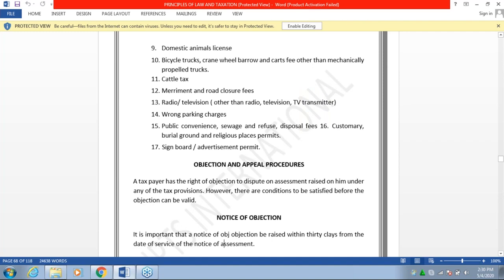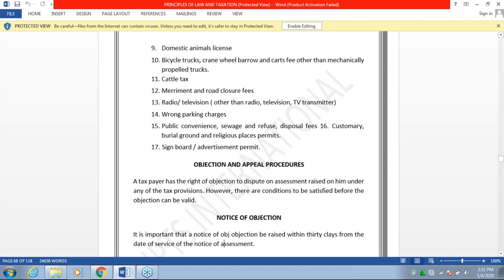Now, objections and appeal procedures. What does that mean? There might be objection if the state, federal, and the local government place a requisition or a notice of demand for a particular amount of money from an individual or group of people. That particular person, if not qualified to pay that, has opportunity and right to object and appeal. Now, what does that mean? There are some procedures that have to be followed